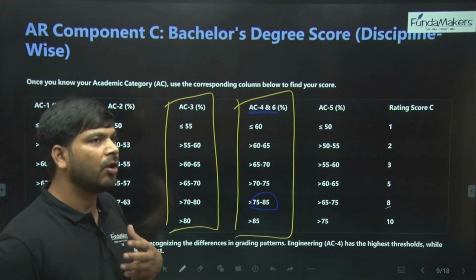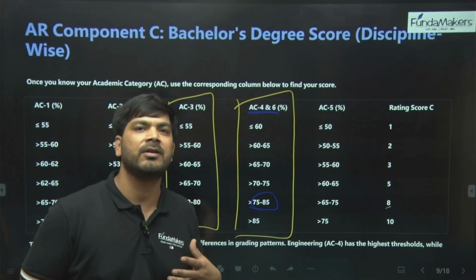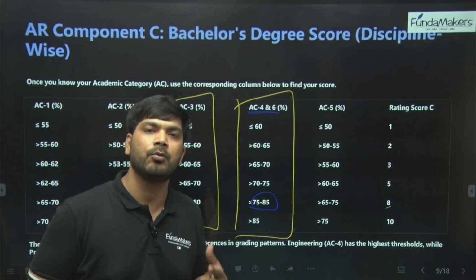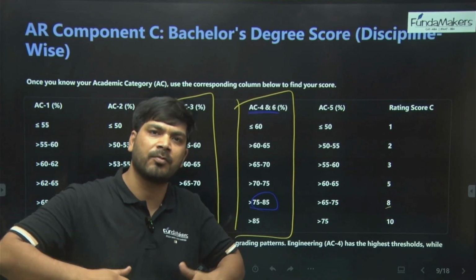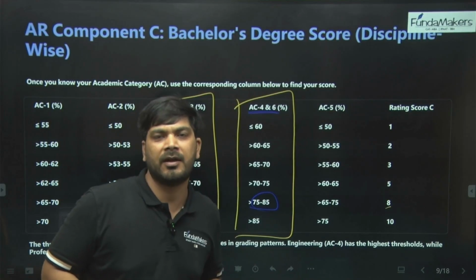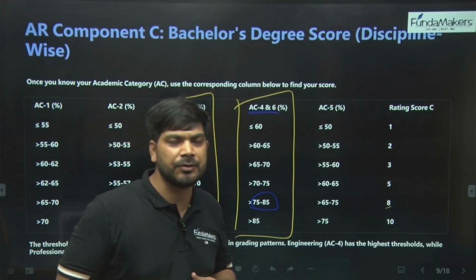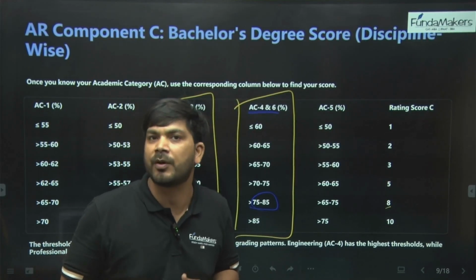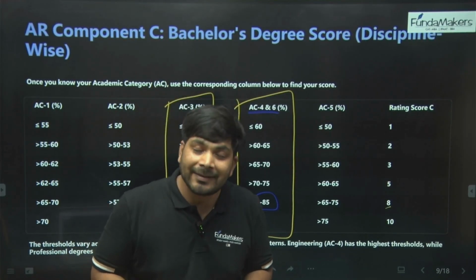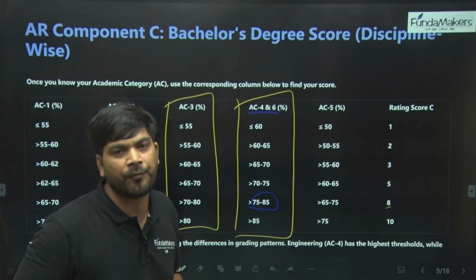So if at all you have lesser marks in 10th, 12th, and graduation, the only thing you can do right now is try to score as high as possible in CAT. You definitely should be looking at more than 99.5 percentile if at all you are serious about IIM Ahmedabad. Less than that, I think the chances will go very, very slim.